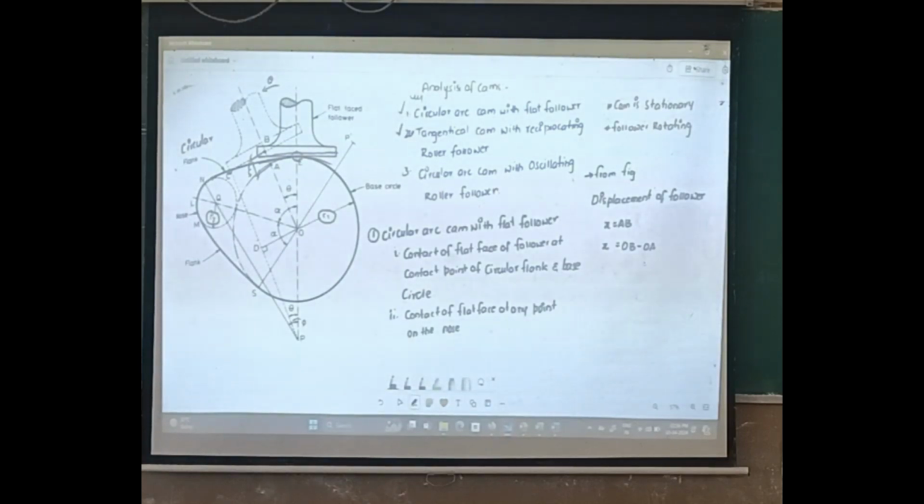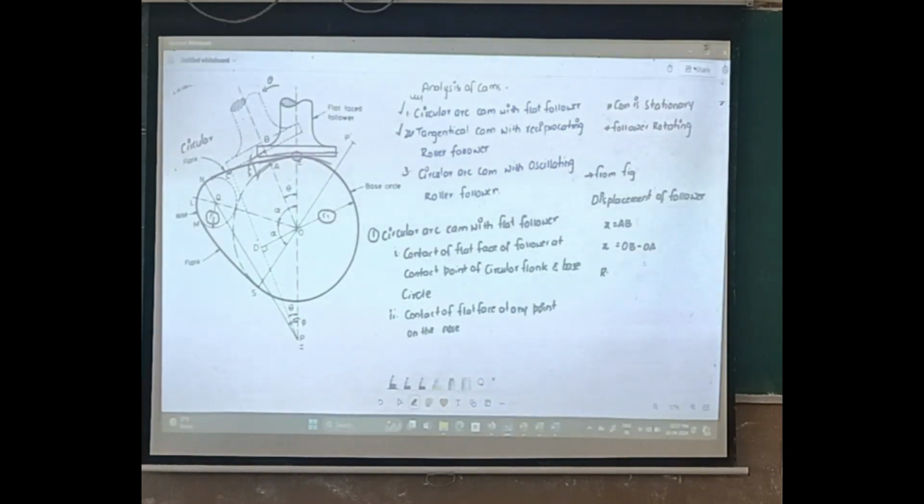C is the point of contact of the flat face follower and the circular flank. If you draw a line from this point C, it will meet the line of stroke of the follower at point P. So the distance measured between the point P and the capital C,